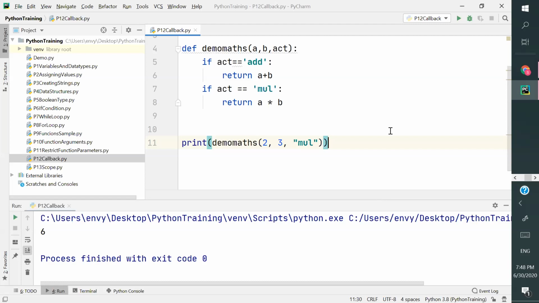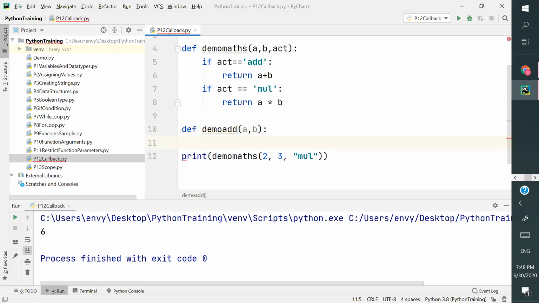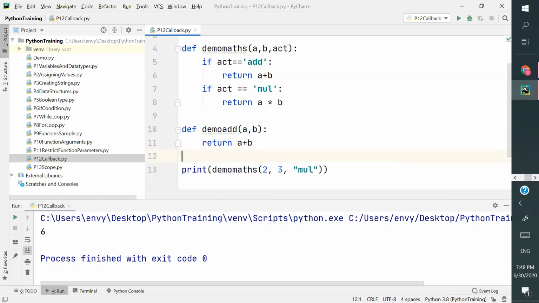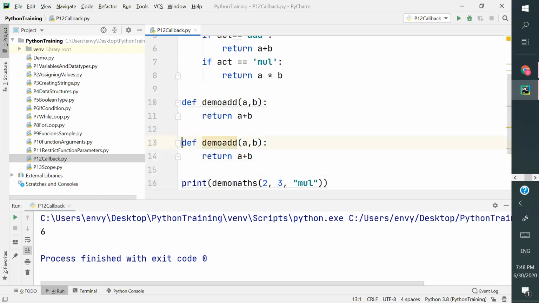Now I created the logic inside of the function. If I have to use this logic outside of it, then I write another function, demo_add(a, b), you can use any names, and then return a + b. I'm going to create two more functions here, and then a * b.